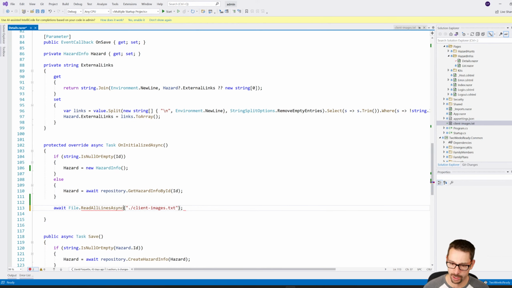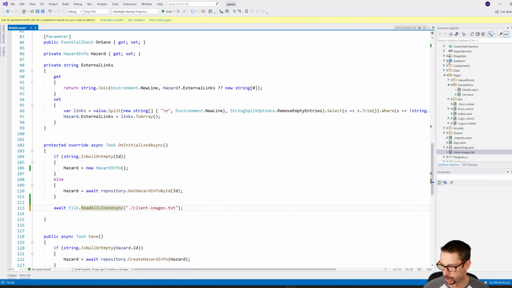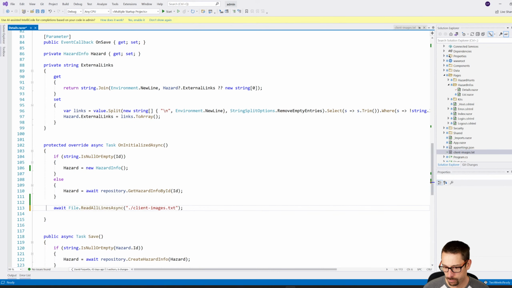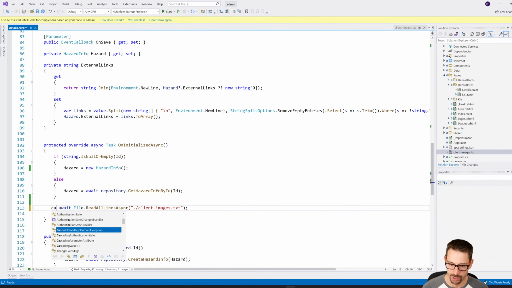But do I have a way to get my root folder for the actual app itself, where it's running? Let's start with just, we'll see if that actually works. So var images equals,